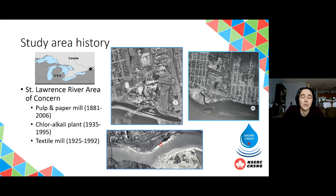Throughout much of this history, especially in the early days of industrial activity, a lot of effluent was diverted directly into the river, before pollution was really much of a concern, before regulations went in limiting controls on what could be in your effluent. We can see that in the bottom aerial photo here, which is from 1958. You can see the plume coming out of a shared drain on the north shore of the river, running right along the north shore. And one of the things that this led to was